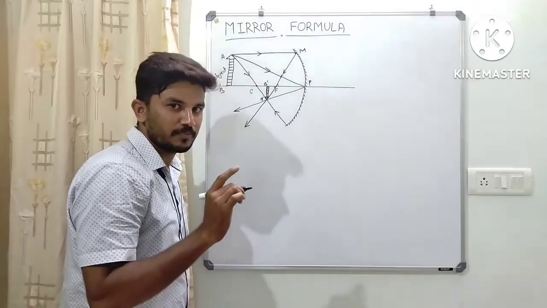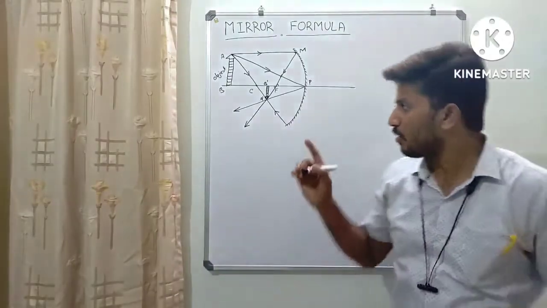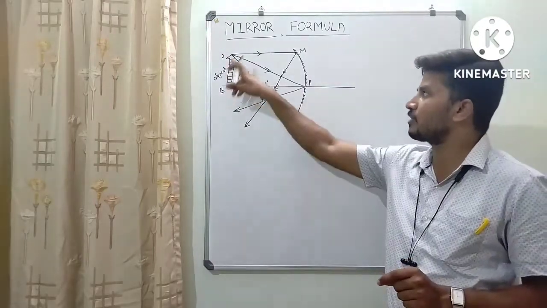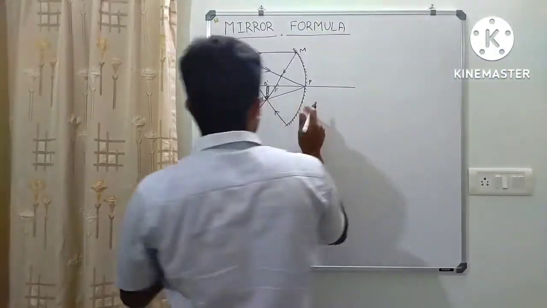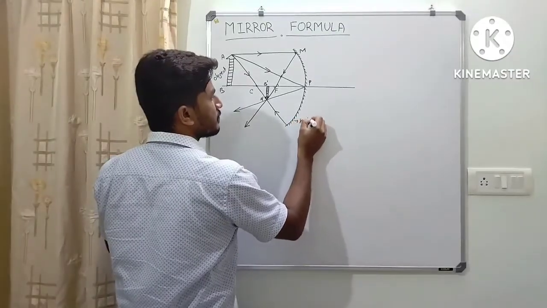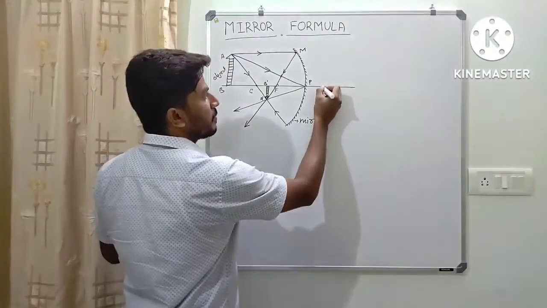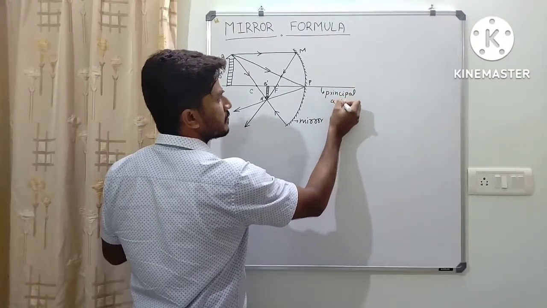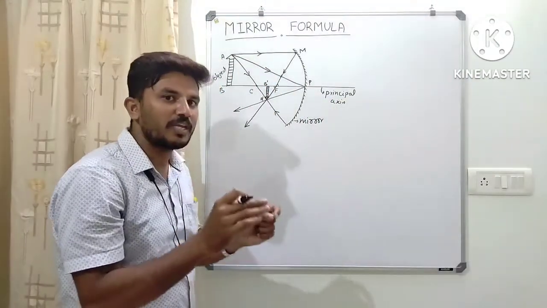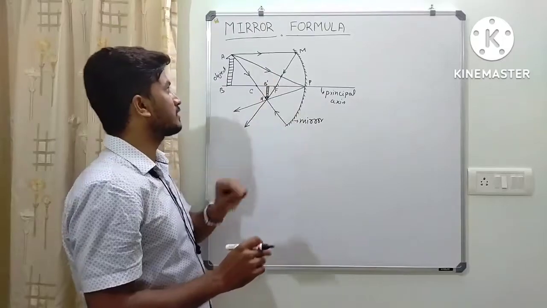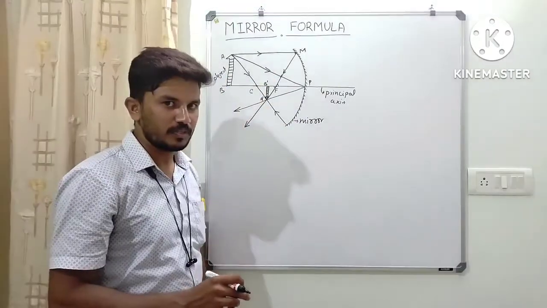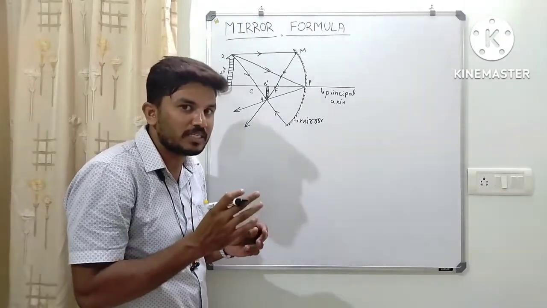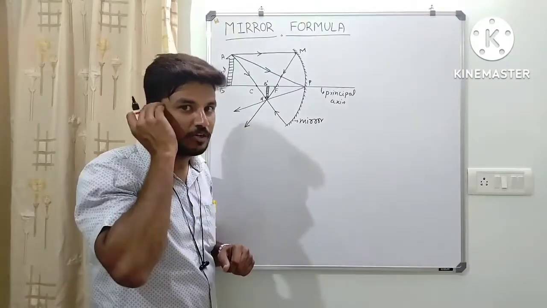This derivation is so easy. Initially, you have to draw the diagram. For the diagram, there will be one mark. The only thing is you have to draw the diagram and mention what they are. This is the mirror. This is the principal axis. And these three are the rays. It is very important to mention the direction of the light rays. And this is the object, this is the image. Now, listen here carefully. You need somewhat extra maturity to understand this properly. It needs your brain to work.